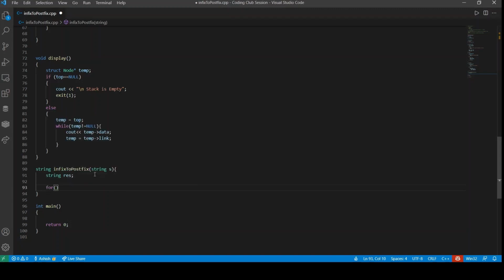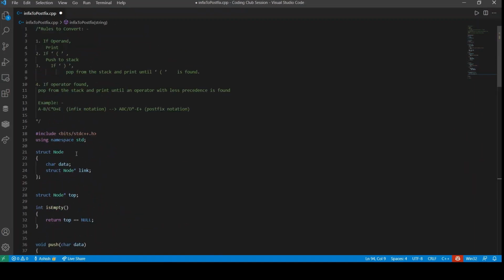So first things first, we'll iterate in the string. So s dot length, this is a function in the STL library, and then plus plus. So we'll be iterating over the string. Let us have a look at the rules.